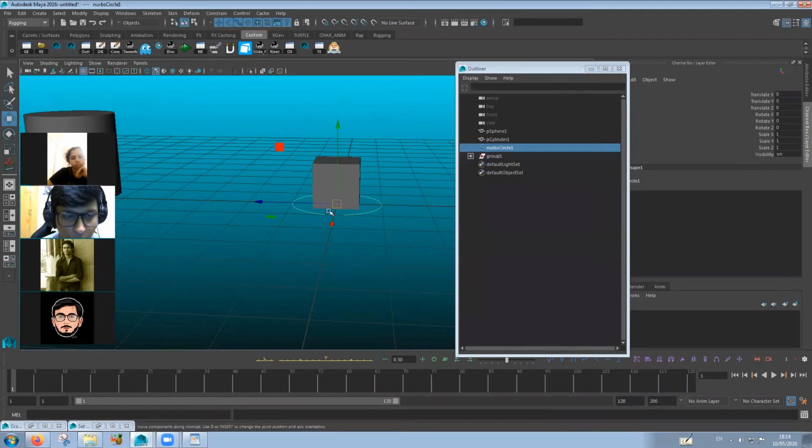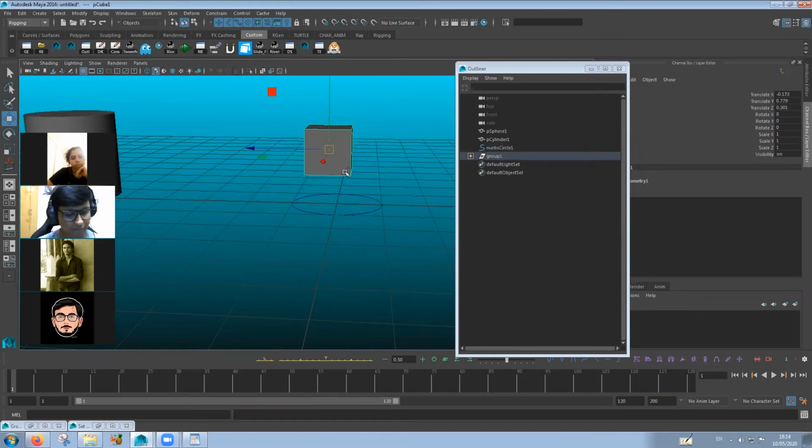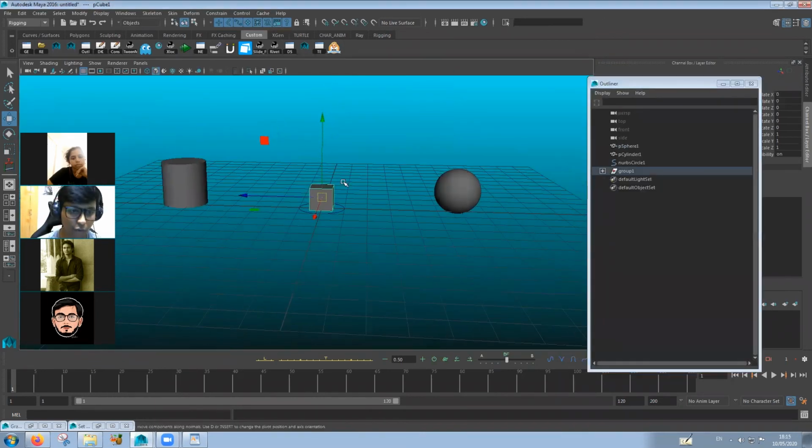Let's say this is a prop, and it has one controller that is its main controller, and another that is the object itself. Sometimes we get a prop like this where we don't have many controllers on how to move it about. Let me show you what we can do with it.